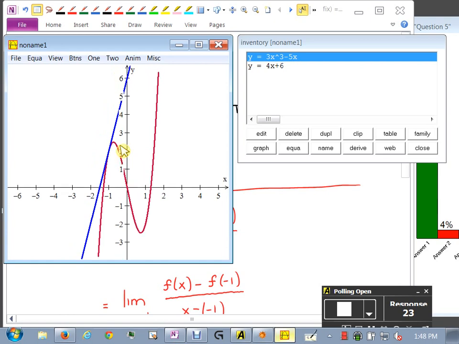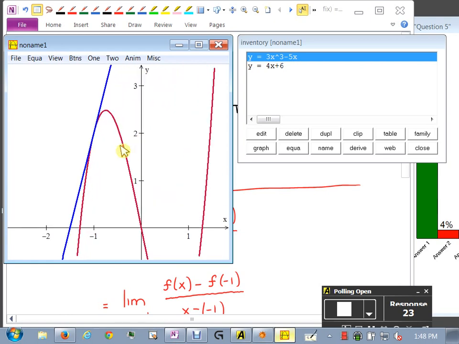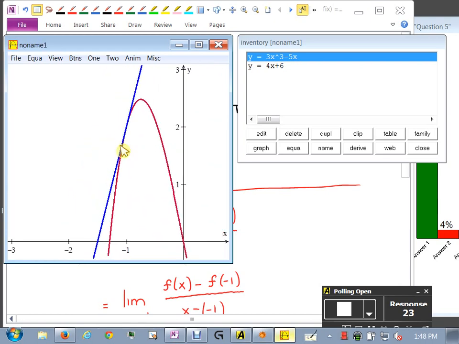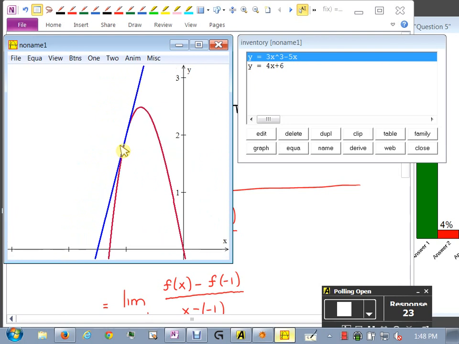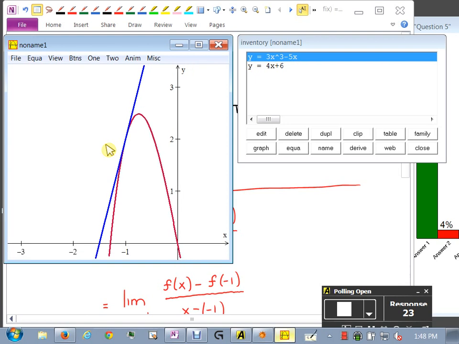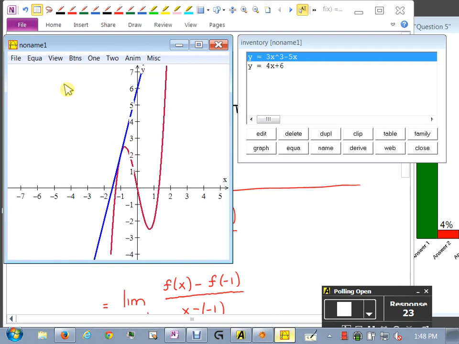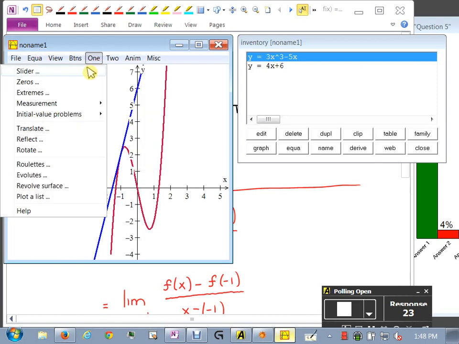Okay. So there we go. I'm zooming in on it so you can see it. All right? So I'm feeling pretty good about that. This program is free, it's called WinPlot. I don't know if it runs on a Mac, but it has some pretty cool stuff in here. You can actually